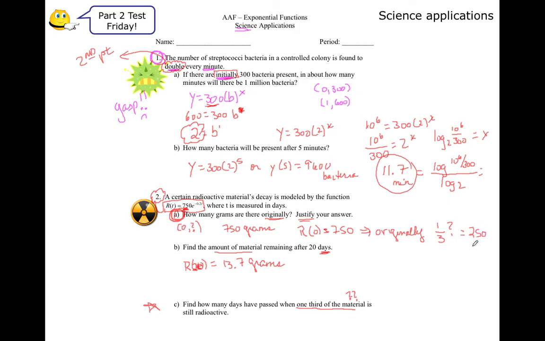So it wants to know, the question is asking, of the 750, what time will it be? How many days will have passed when there's 1/3 of the original left, which is 250. So take this 250 and set it equal to